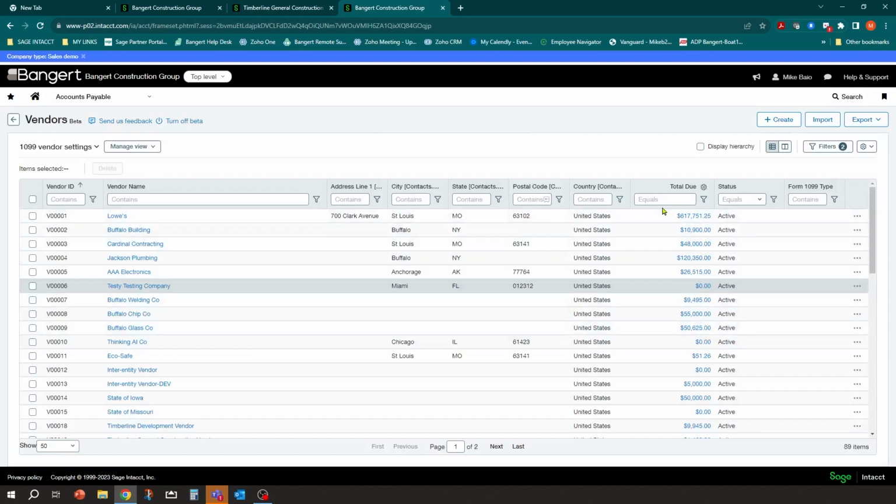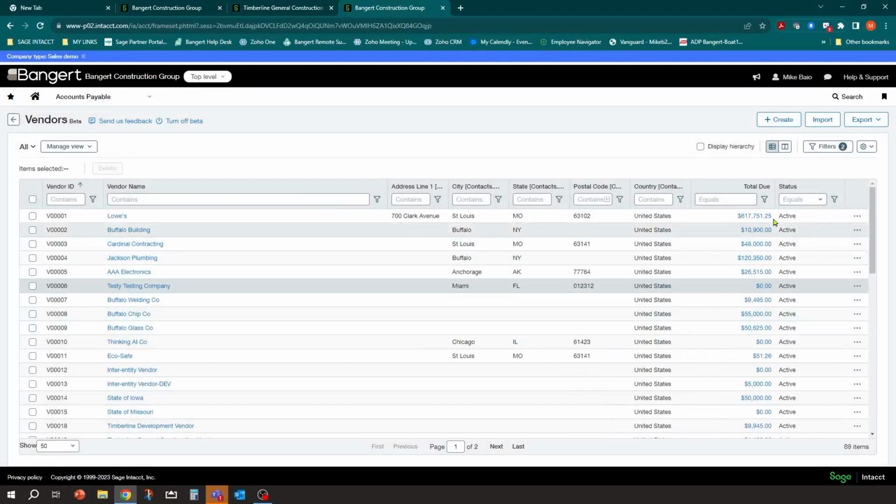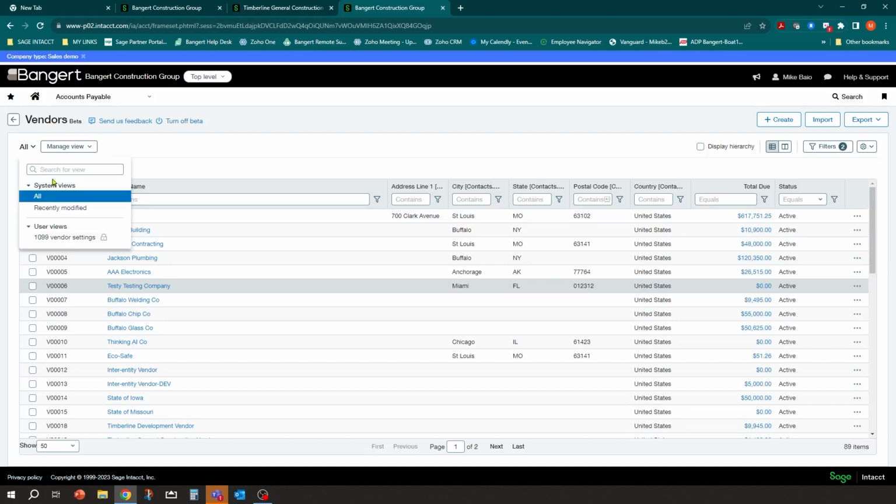Okay. So now you'll see that the 1099 view is on that settings, but if I want to switch back to all, it's gone. So you can make individual views and then you can decide if they should be a system view or a user-specific view.